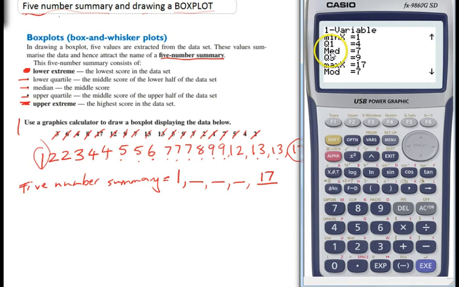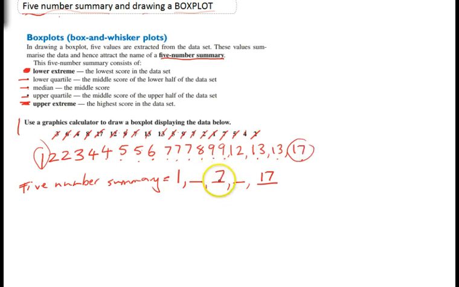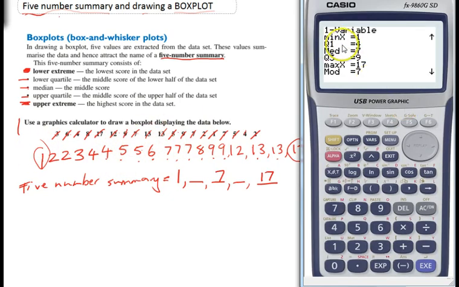Now, here you have med, or median. Median is the middle number. That's important. So the middle number here is 7. So that means that one of these 7s here must have been the middle of our data set. Continuing, this